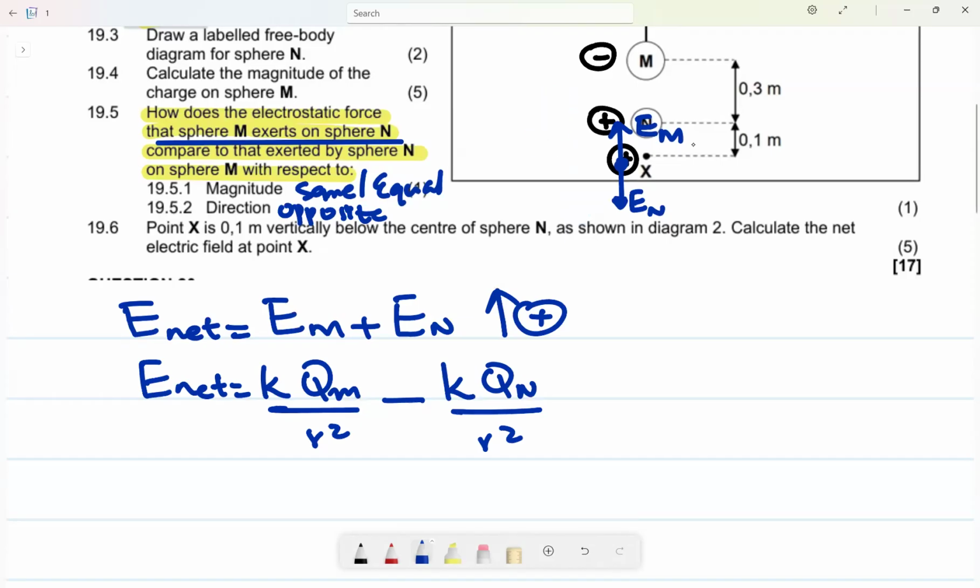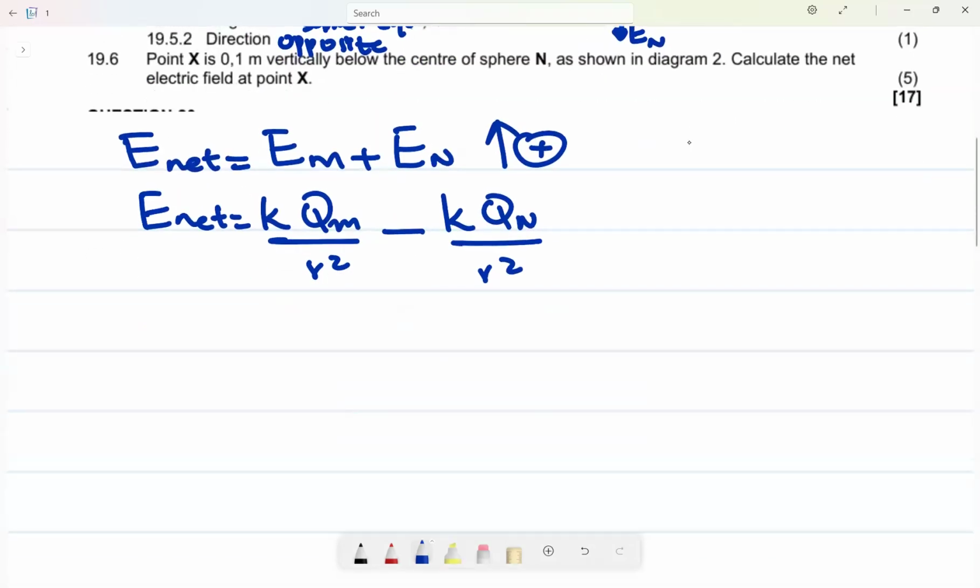Therefore, the electric field that X experiences due to N is going to be downwards because they are repelling. But now the electric field that X experiences due to M, it is going up because X will want to move up to that negative. Okay, yes. Therefore, we say E net, it is equal to